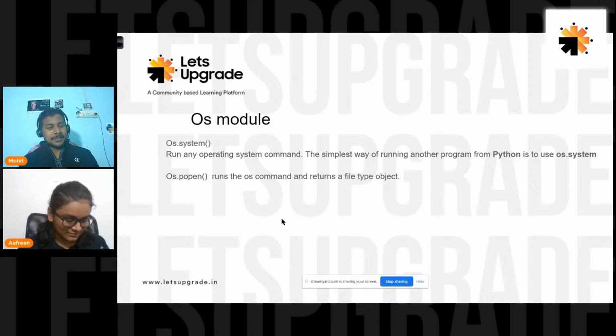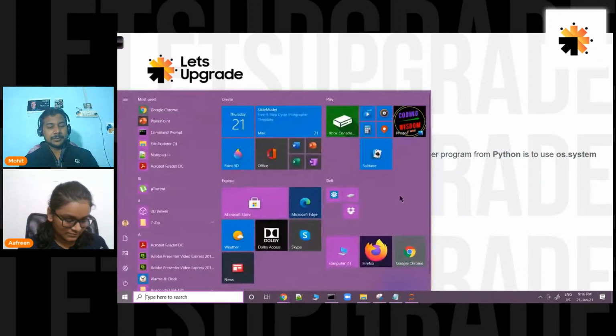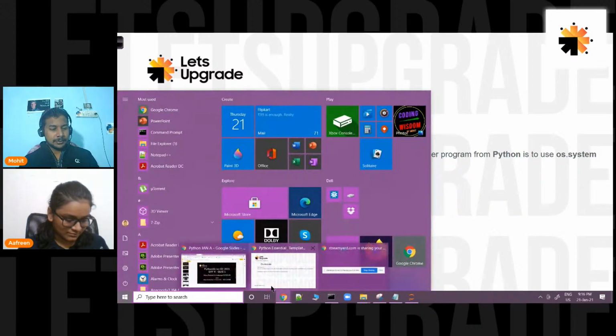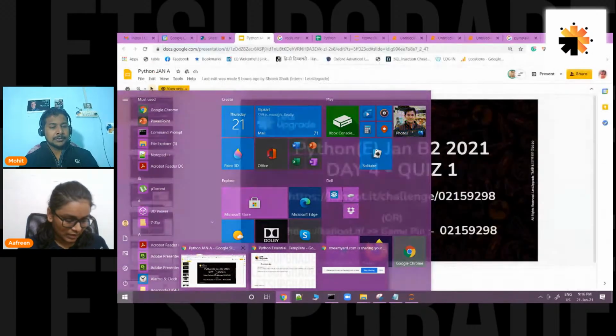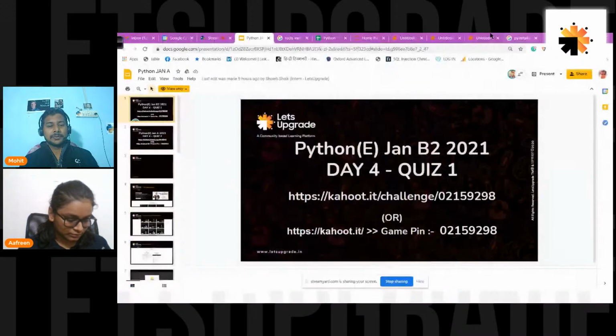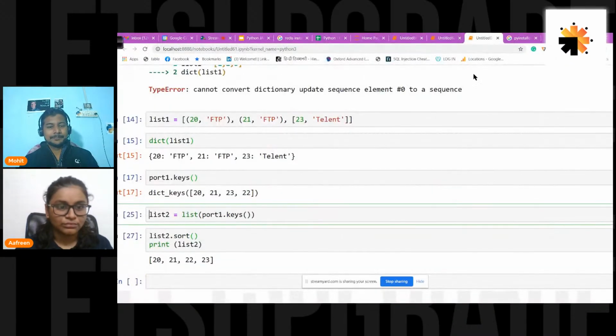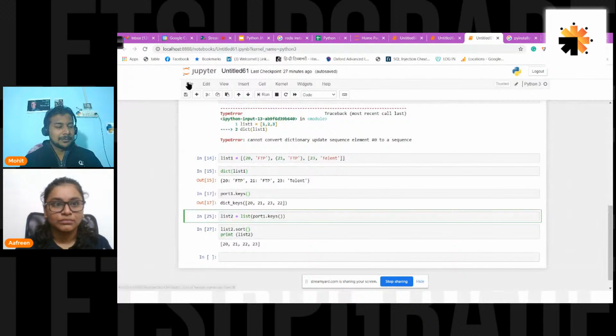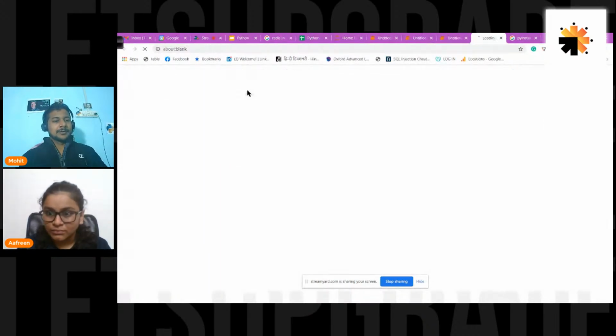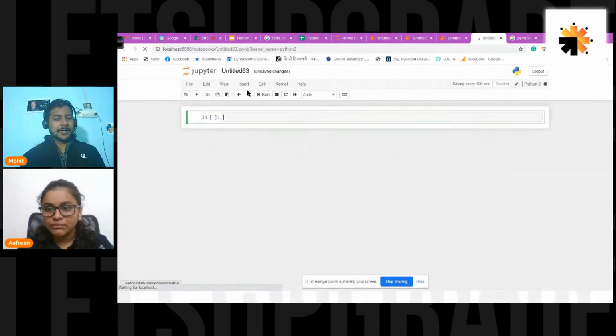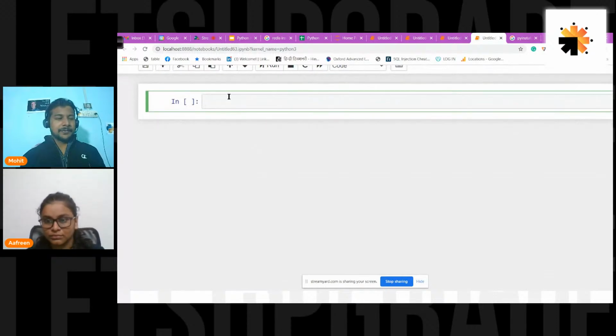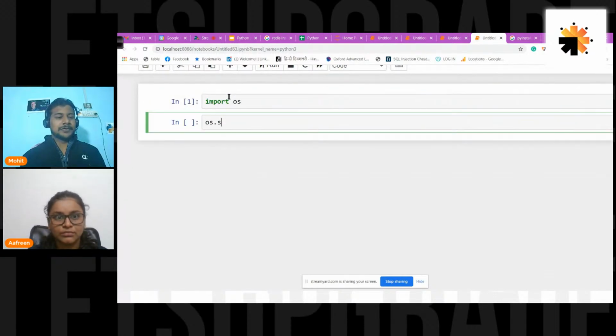So let's see. I think we can run on the Jupyter notebook. First of all, we have to import the OS. Done. os.system. Consider I want to run any OS command like